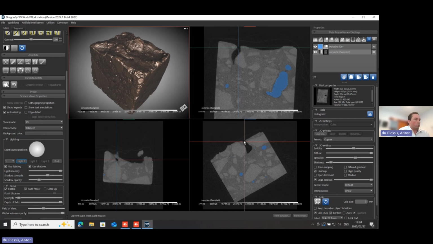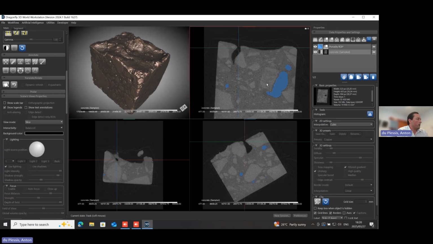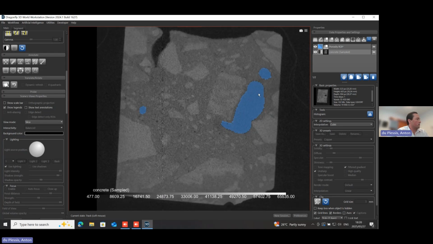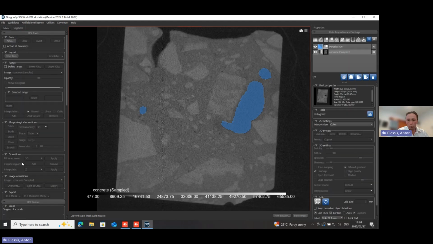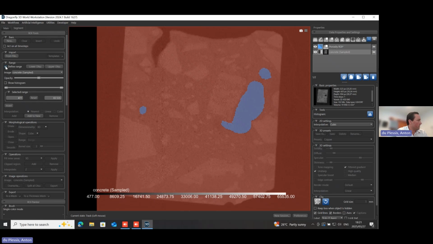The first thing we want to do is make the nice color-coded porosity again, as we did before. But just before we do that, I want to demonstrate on this data the manual way of doing this. I've shown you the automated porosity, but we have a whole range of segmentation tools here, and these are totally adjustable. So not having just one or two or three options. So the way to do this thresholding automatic by manually is by choosing the define range option under the segment panel on the left. And here we choose lower Otsu.